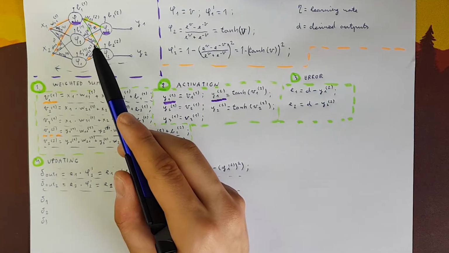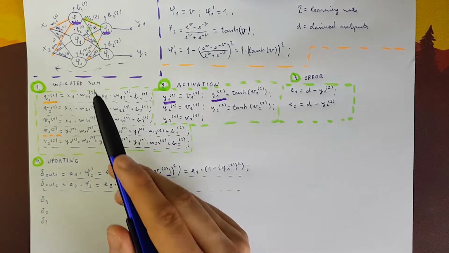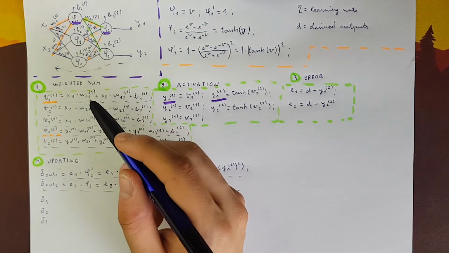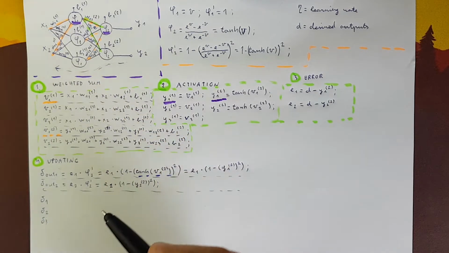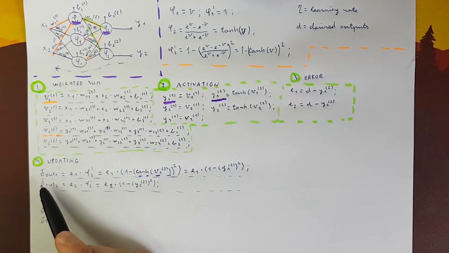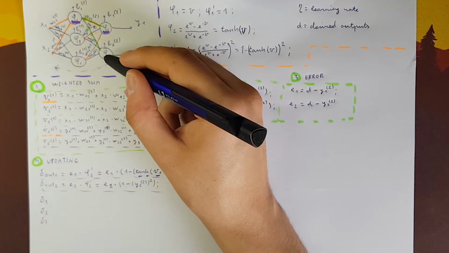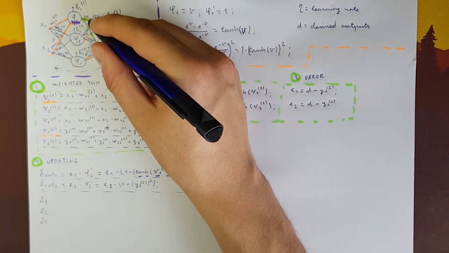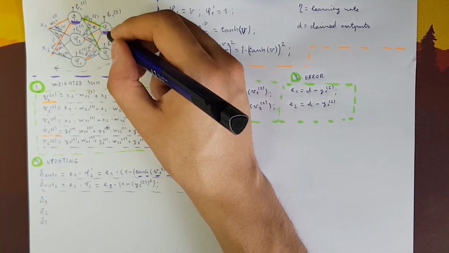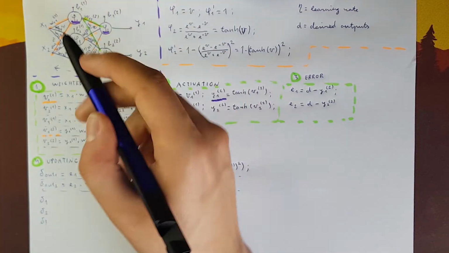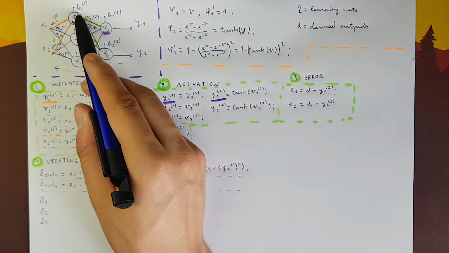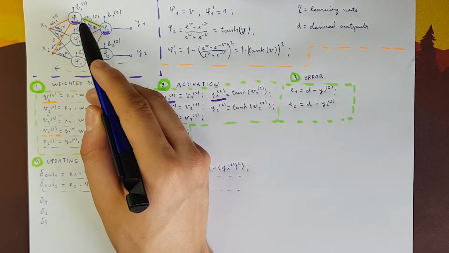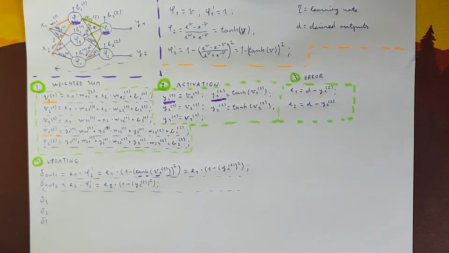So we get these 2 connections, which are multiplied by the corresponding delta out 1 and delta out 2, where delta out 2 is from the second neuron and delta out 1 is from the first neuron of the second layer. So to calculate the delta 1, which is for the first neuron of the first layer,